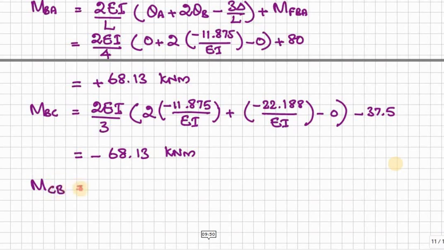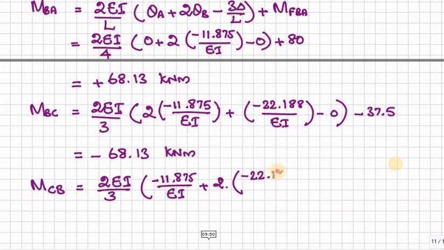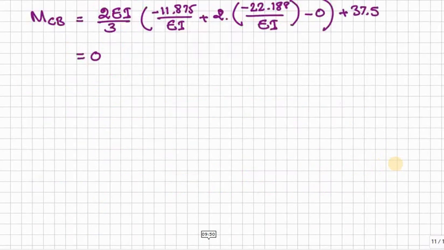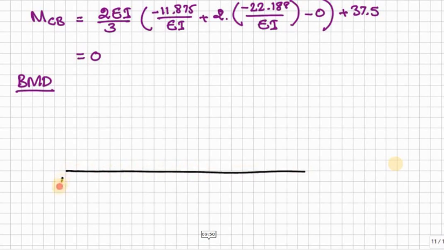Then MCB is equal to 2EI by 3 into theta B plus 2 theta C minus 3 delta by L plus MFCB. So MCB is equal to 0 because of the hinge support. So once we have the joint moments, we can easily draw the bending moment diagram. For that we first have to draw the profile of the given beam ABC,